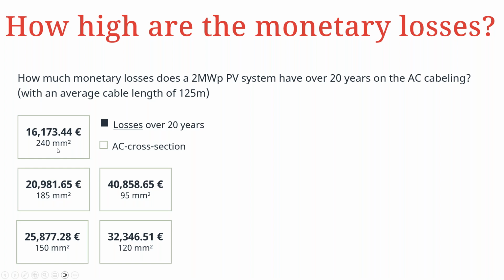So for a 240 mm² cable over 20 years with this particular length, we arrive at an equivalent monetary loss in terms of the equivalent power losses to the tune of 16,173.44 euros. We can see the respective costs for other cross-sectional areas. Then the list here is 95 mm² with a cost of